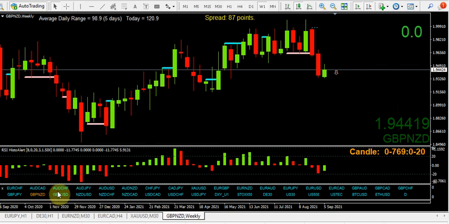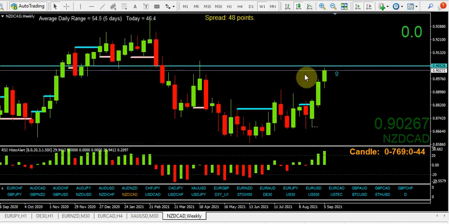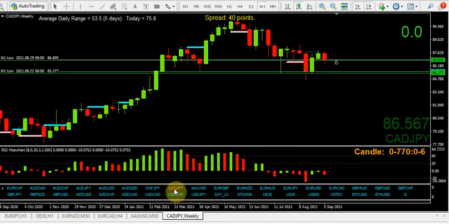So if I look at a few CAD pairs, it looked weak. NZD CAD, nice and strong there. I've actually drawn, I think that level is on this chart. Really strong, but it looks like it might suggest we have a breather. We've got to get above that. Candles closed there, sorry, open, and then perhaps continue up. But all of these are agreeing with my thoughts that they might just have a little bit of a breather.